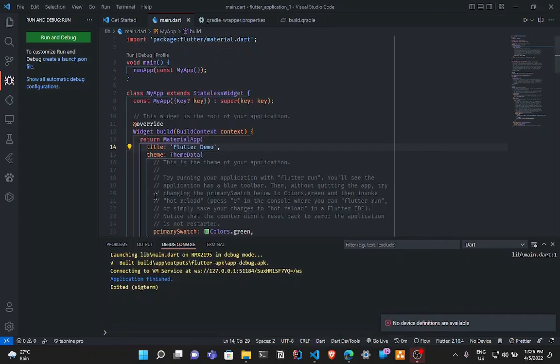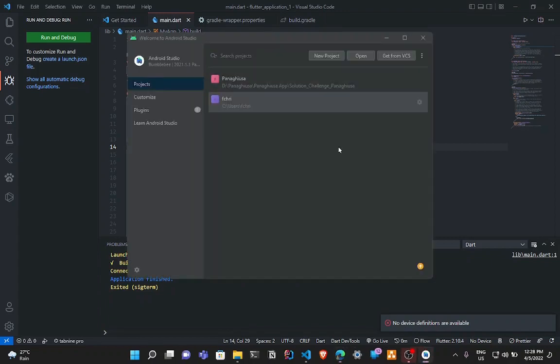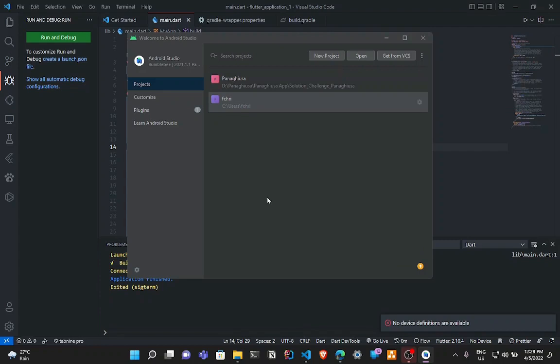I think you have Android Studio, and mine is different. I think it's the Bumblebee version. Some of you installed an older version and didn't update it, but don't worry. The only thing you need is to find the AVD Manager. In my case, it's on the ellipsis on the right side with the three dots. On the older version, I think it's in the center, under configure. After you click configure, you're going to find the AVD Manager